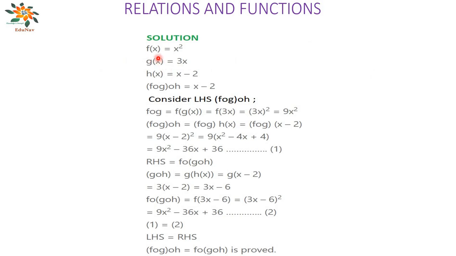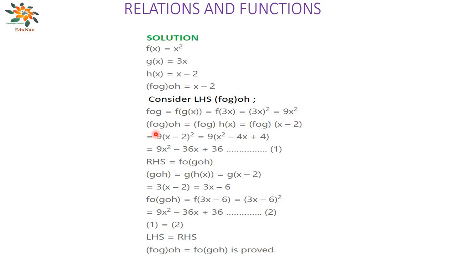Making use of the functions, namely f of x, g of x and h of x, first let us consider LHS, that is fog of h. Now fog is defined as f of g of x, but g of x we know it is 3x, therefore our next step equals f of 3x. This is of the form f of x, so wherever x is there we need to replace it as 3x in x square. That gives our next step to be equal to 3x the whole square, which is equal to